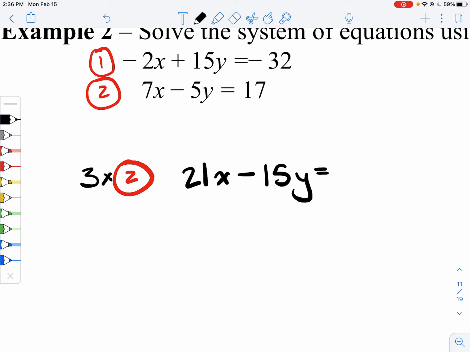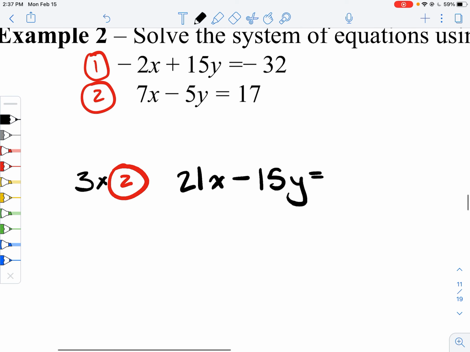Who picked this? Oh, 3 times 17 is not 32. That's what my notes say. Hold on. My notes are wrong, you guys. This was supposed to be a really fast lesson. 3 times 17 is 51. Oh, this is what I was looking at. Okay, now that I have 3 times my second equation,